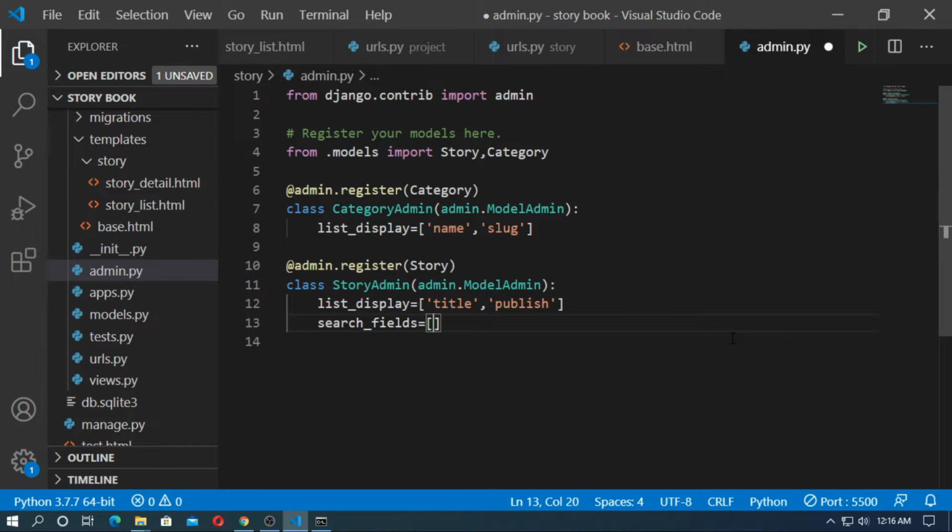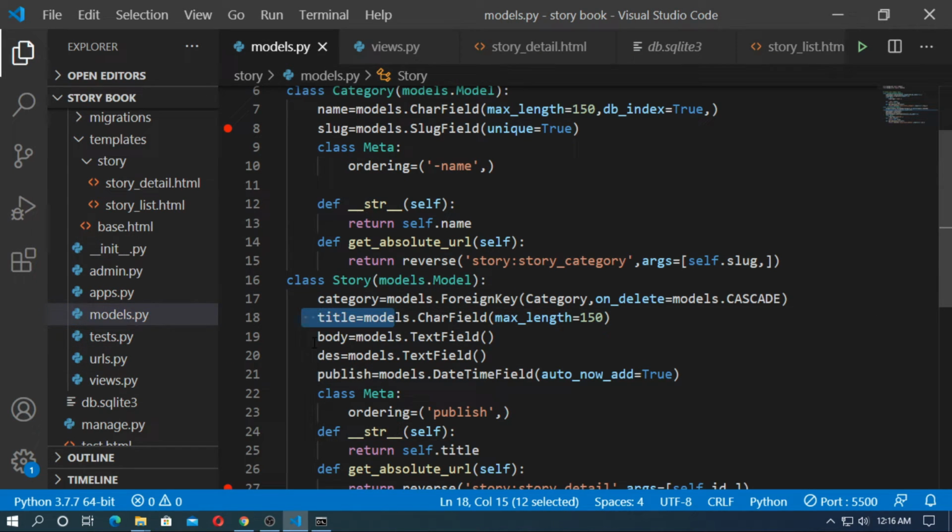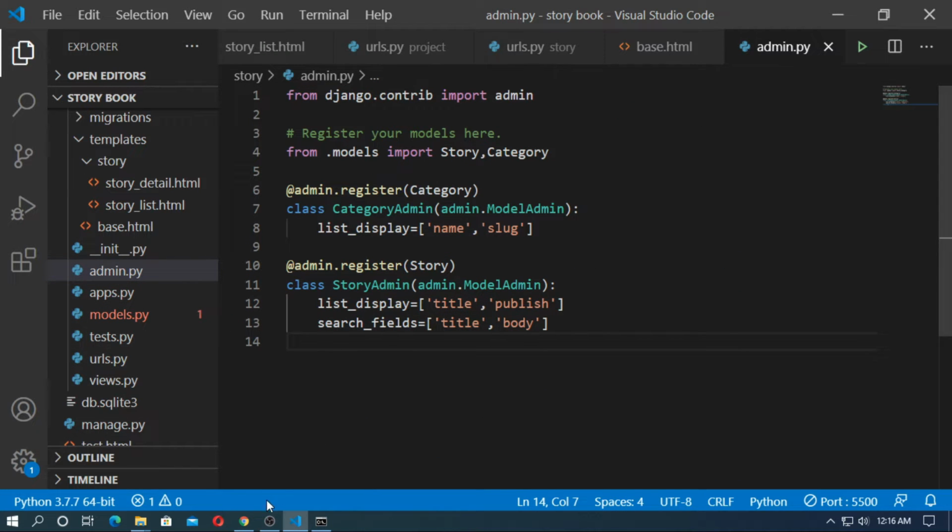So search fields by title and by body and also by description. You can add it or not, it is your choice. So I just add title and body. Go to the models, here title and body are the two fields. Just save it and run the server.